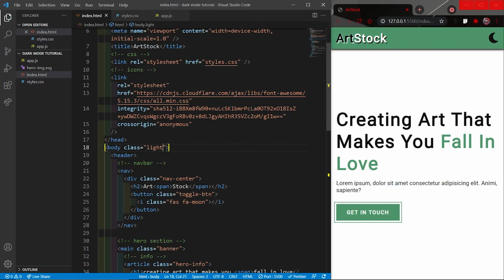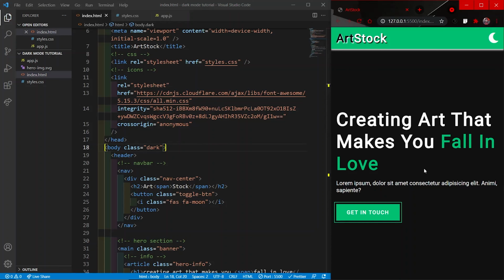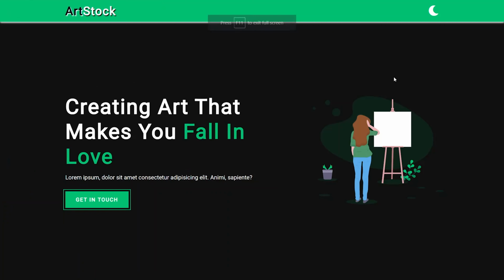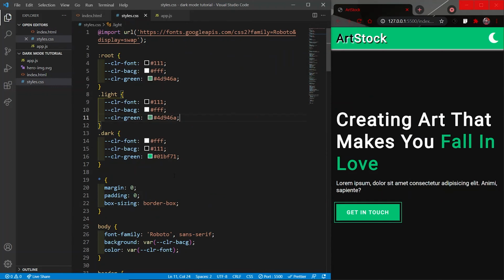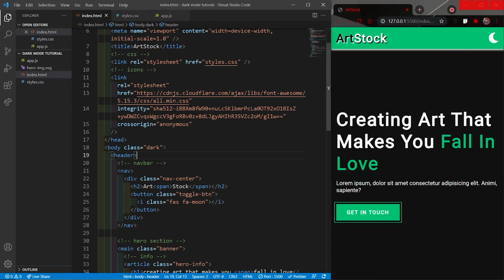But if I change the class to dark instead of light and save, you see everything changes. And this is happening just because of the CSS variable. For the light one we are using these colors and for the dark one we are using these colors. So let me just quickly remove this dark class from my body tag.